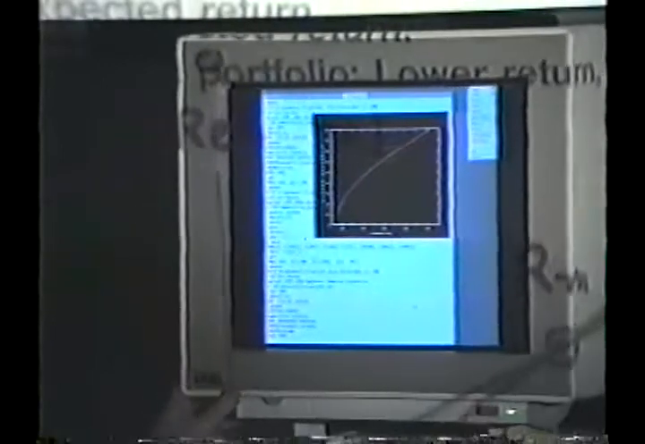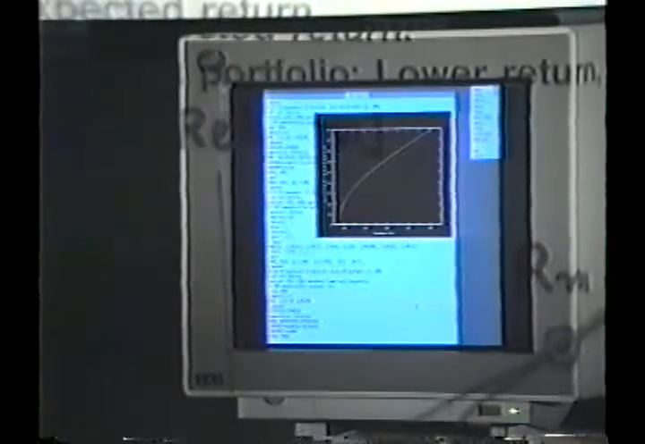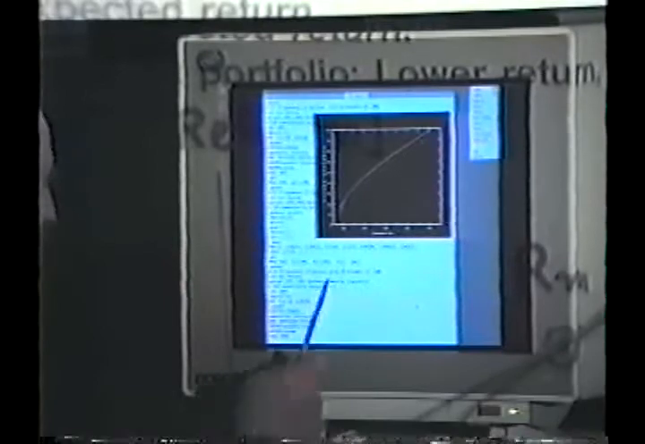Okay, this is the efficient frontier of this 30 stock, including transaction cost in this case. I don't know if you can see it, but there's a short red line right at the bottom, and I can just